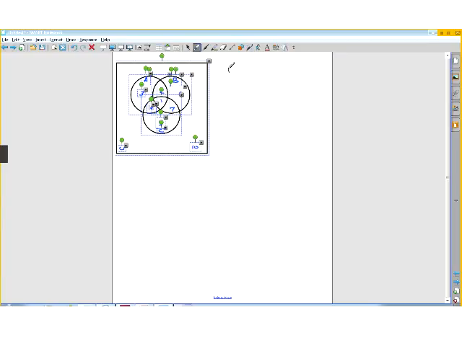And let's see, D, we're looking for not A intersected with B intersected with C. Again, I'm not sure why this is not undoing itself. There we go. Okay, so let's think about this. Not A would be everything that's not in here, so it includes all this stuff out in here, and intersecting with B. So not A intersecting with B would include these two, and then intersecting with C would give you